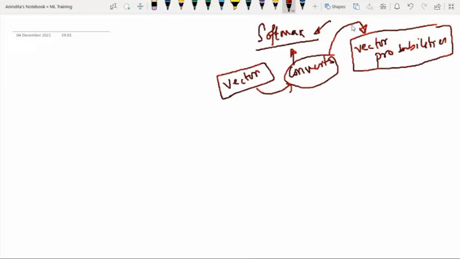But in order to understand the softmax function, you have to understand other functions, which are known as the max function and the argmax function, and only then can you realize the meaning of the softmax function. So let's start with the max function, then we will discuss the argmax function, and then we will talk about the softmax function. I'm not going into the theoretical details, you just have to see the code.